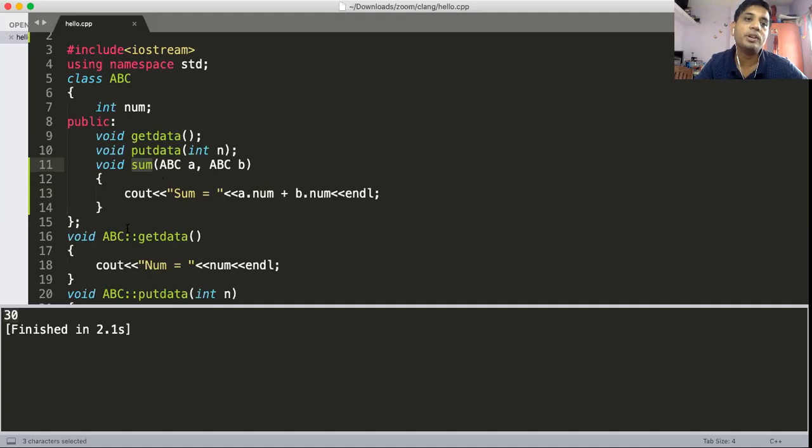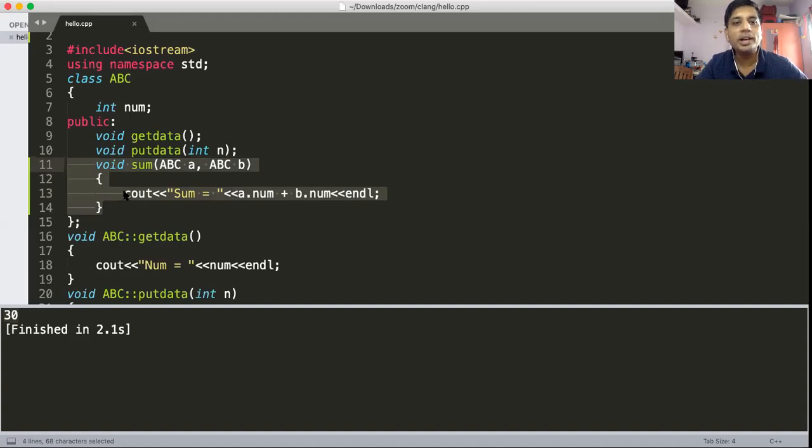It is a member function of ABC. If it is a member function, then you can access the private member of that class itself. Member function means the sum is defined inside the ABC.